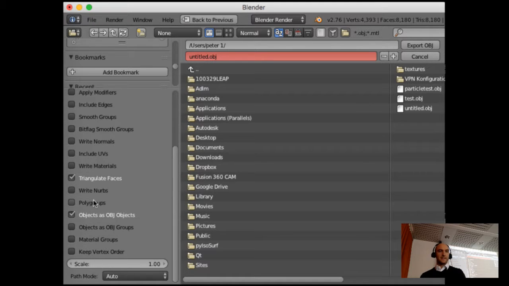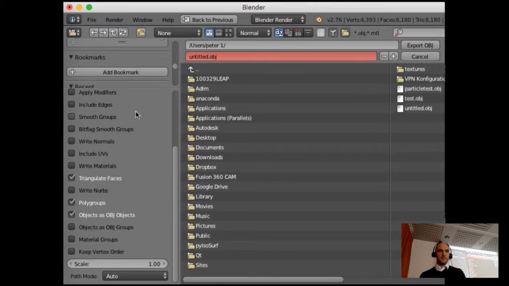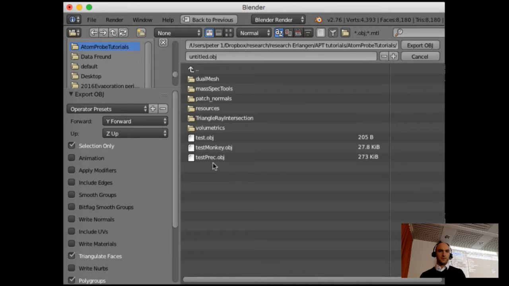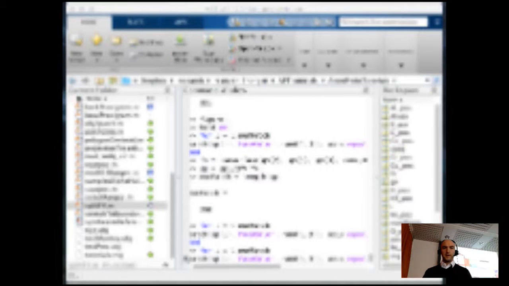And what we need additionally here is polygroups. So I also need to mark polygroups. And then probe tutorials, test precipitate, Vertex Groups. And now if we export that OBJ,